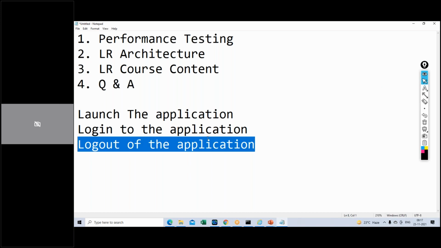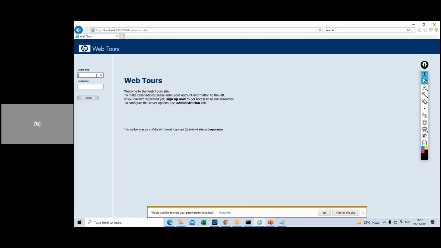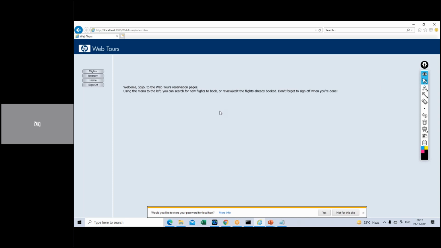Now, if I have to do this manually, I can just log in, verify, and then log off. But if I have to test this again and again with multiple users, then I need some sort of script, which I should be using to run multiple times, to see how the login functionality is working with virtual user load.